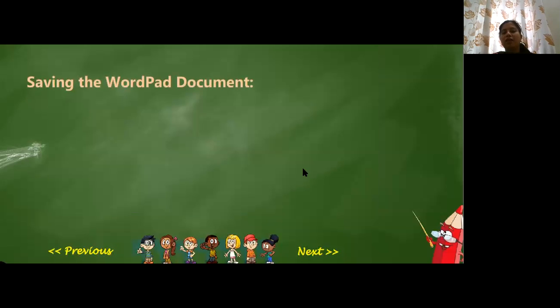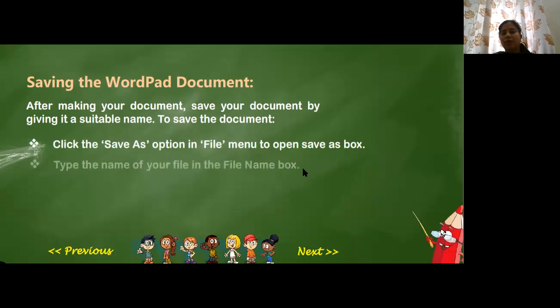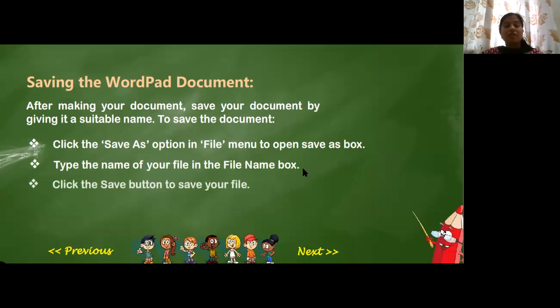Okay, today we are going to learn how to save your documents. Children, in your last class, you remember you were saving your Tux Paint, right? You were making your Tux Paint and then you were saving it. The same way we have it here, but the options are at different places. Okay, what are they?